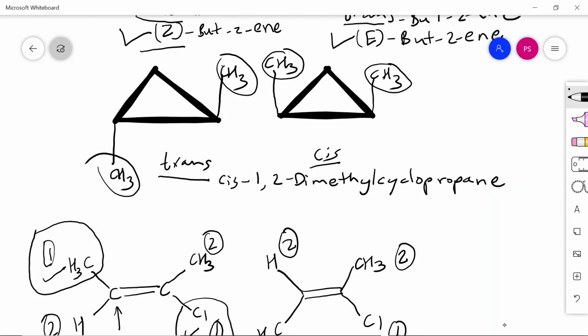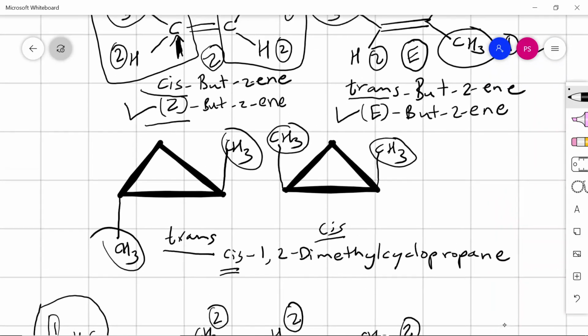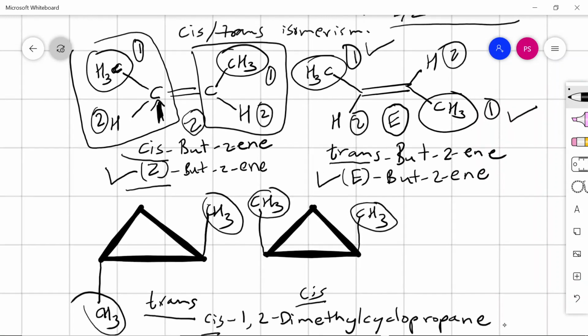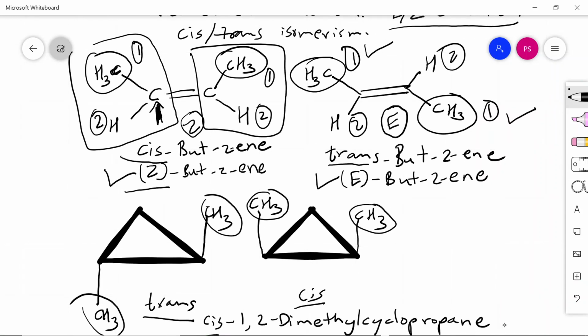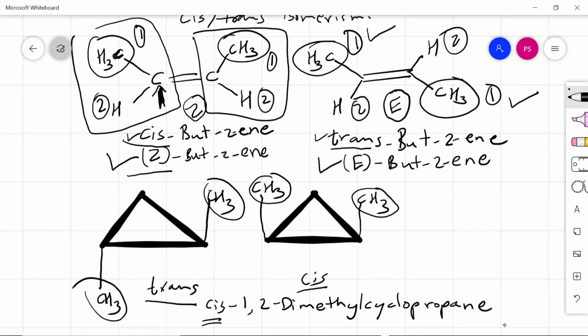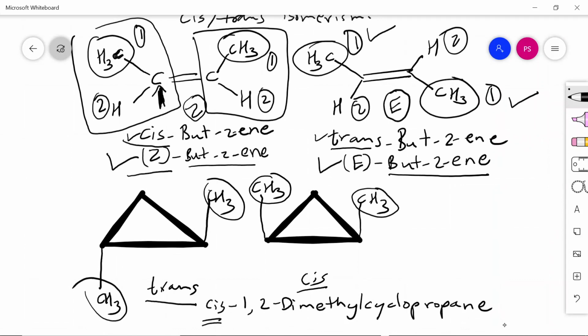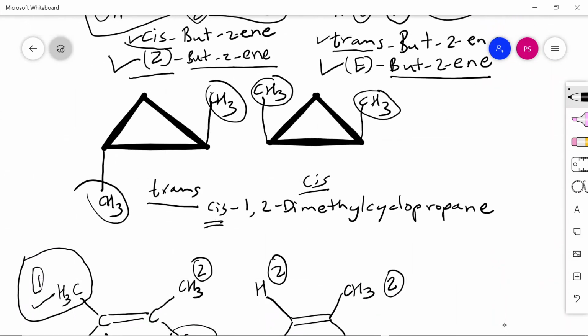So you can give the nomenclature by putting cis or trans before writing the IUPAC names. You can see here geometrical isomers have different names just by putting cis or trans before writing the IUPAC name. Otherwise, if you don't put cis and trans or E and Z, the IUPAC names are same. Why? Because linkages are same. Here 1,2-dimethyl, here also 1,2-dimethyl, so you have to put cis or trans, cis for this and trans for this.